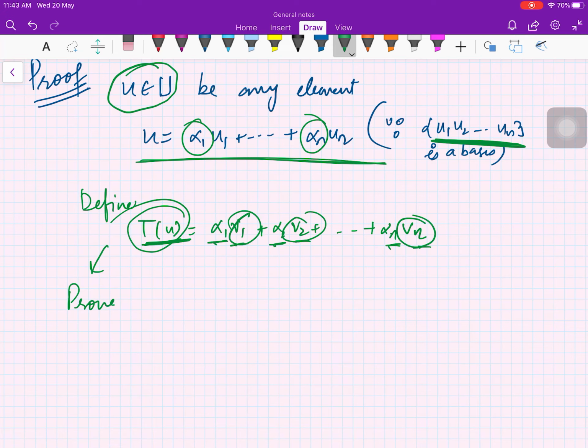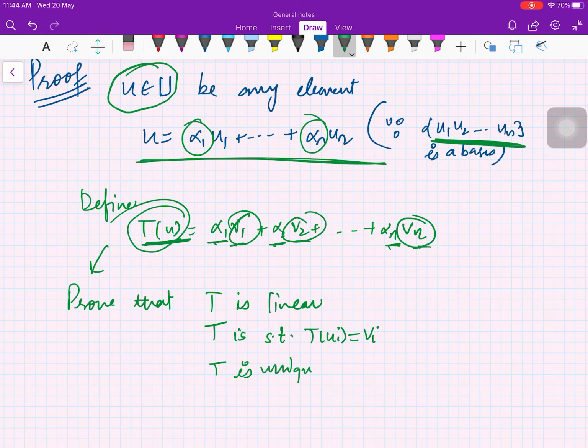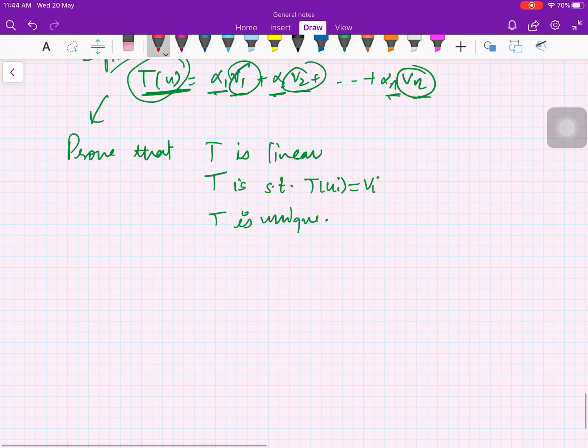Now we will prove that T is linear. Then we will prove that T is such that T of ui is vi. Then we will prove that T is unique, right? So let us do this. So first, to prove that T is linear,